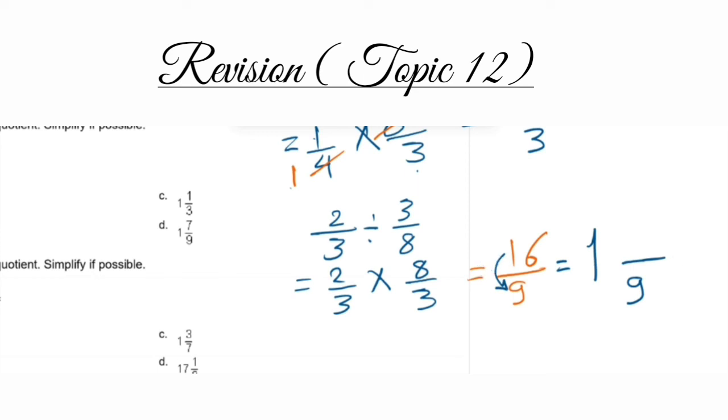Remember that 1 multiplied by 9 is 9. What's the remainder from 16? It's 7, which is 16 minus 9. So the remainder is 7. And the answer of division, 2/3 divided by 3/8, is 1 and 7/9, which is